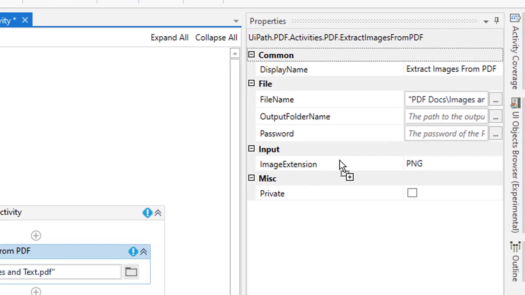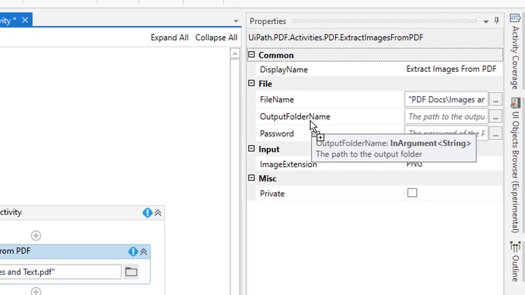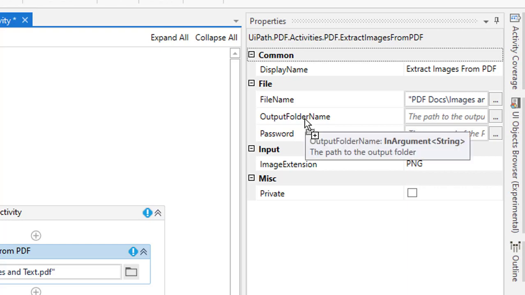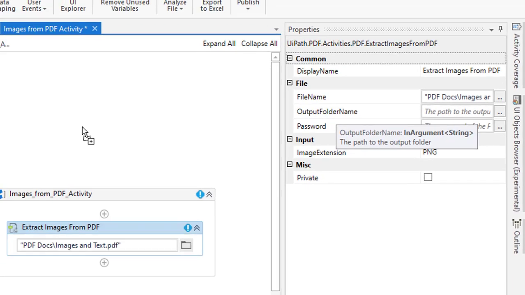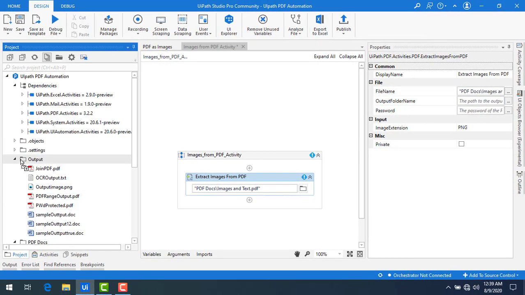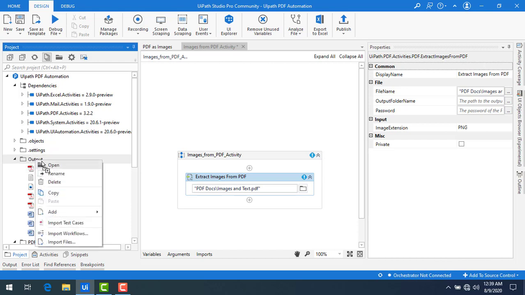Now, the output folder. Where is that output folder, where I want to store all the images? If you see in my project, I have an output folder over here. In this one I want to get all the images, or else I will create one more folder here by clicking on open, add folder.